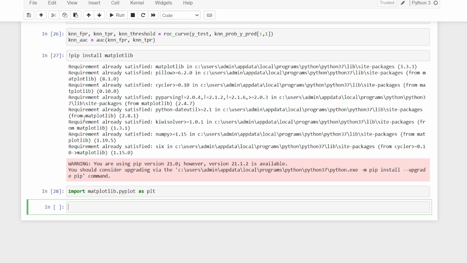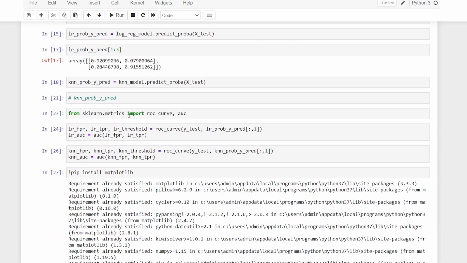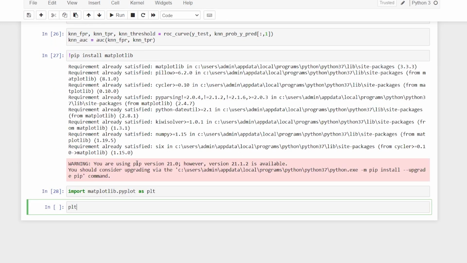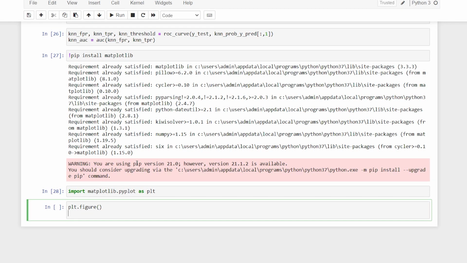And now here I'll start making the graph. I'm going to plot all of these things. So I'll say plt.figure first of all, so I'm actually specifying a figure which is going to hold my plot. Now I'll say plt.plot, and I'm going to plot the logistic regression FPR and logistic regression TPR.